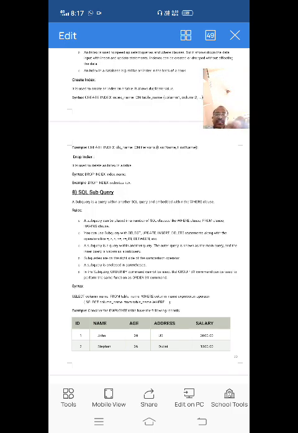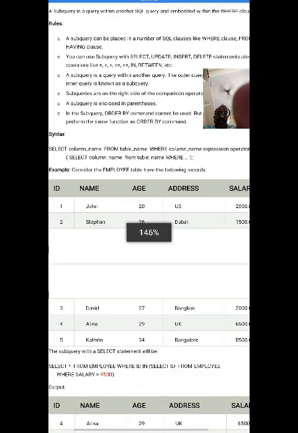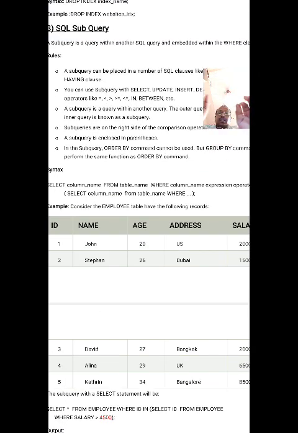Here we have one example for the subquery. Please listen. This is the syntax. How to write a subquery? Select column name or star from table name, where condition, write the column name and use the operator. In that, after the WHERE you can write another select in brackets: select column name from table name, before the semicolon.